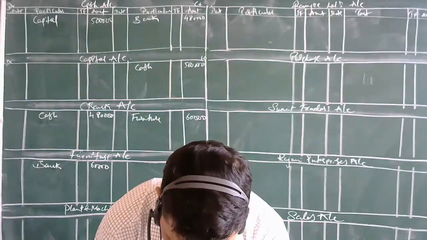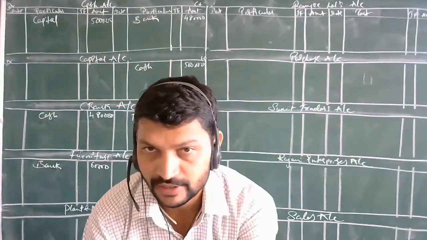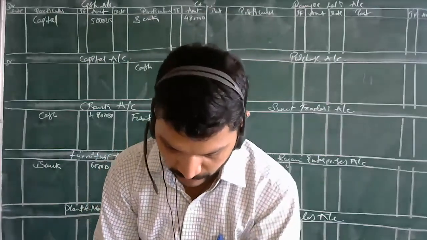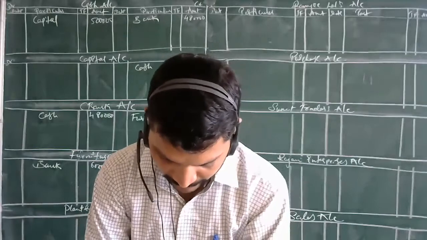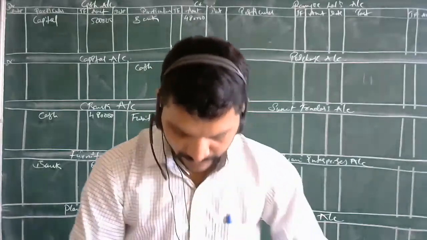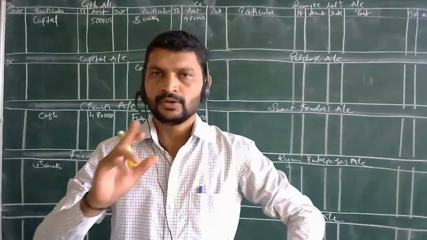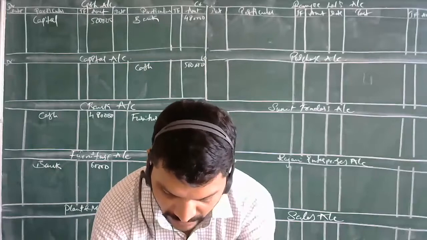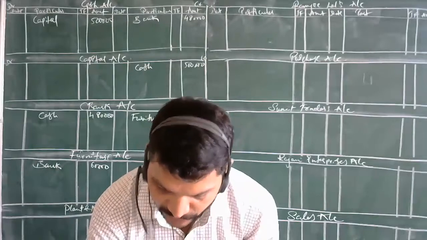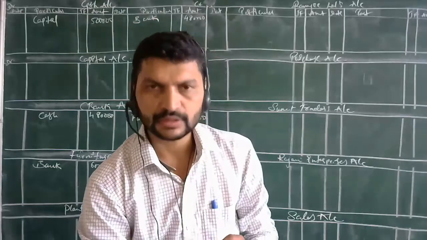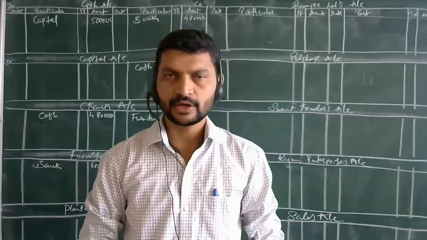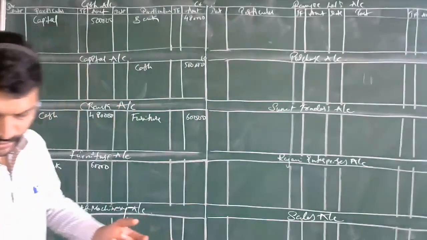Then next one. Bought plant and machinery for rupees 1,25,000 and an advance of 10,000 has been paid in cash to Ramji Lal. Now here 3 accounts are affected. How are the 3 accounts affected? Plant and machinery, you have paid cash, right? One thing is debited and 2 are credited. Plant and machinery account debit to cash account and Ramji Lal account. 2 things are credited.